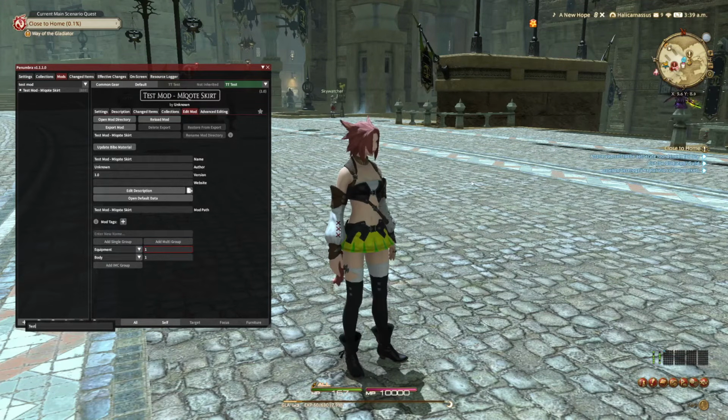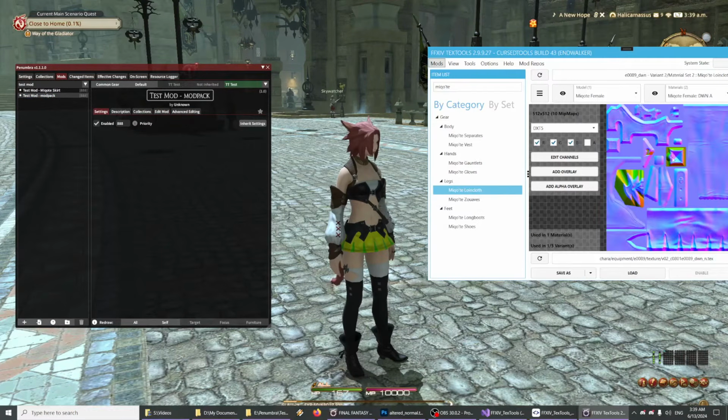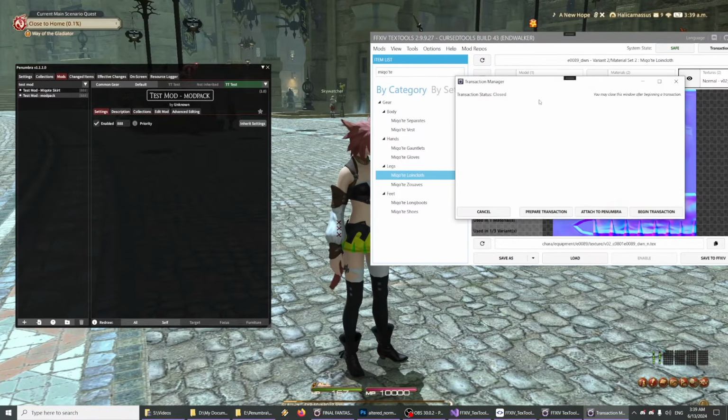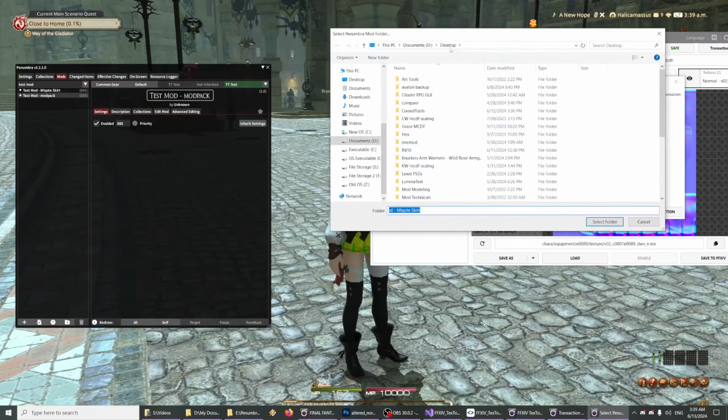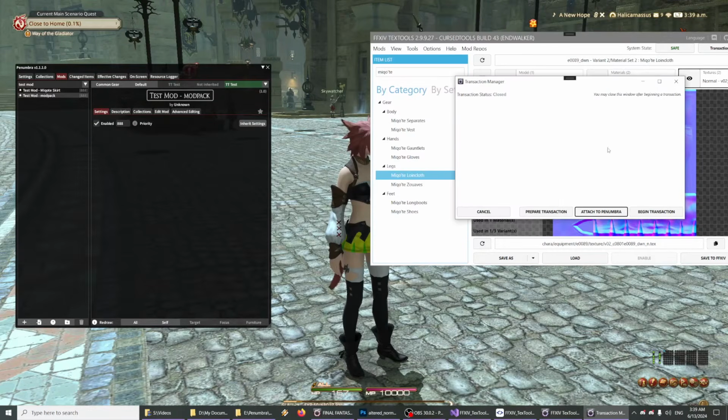mod called, in this case, we'll call it test mod pack. And I'm going to go ahead and set this to some number. And I can do some neat things here where I can, again, attach to this mod that I've just created. I'm going to, again, go back to my Penumbra install, test mod pack, go ahead and just select that folder,